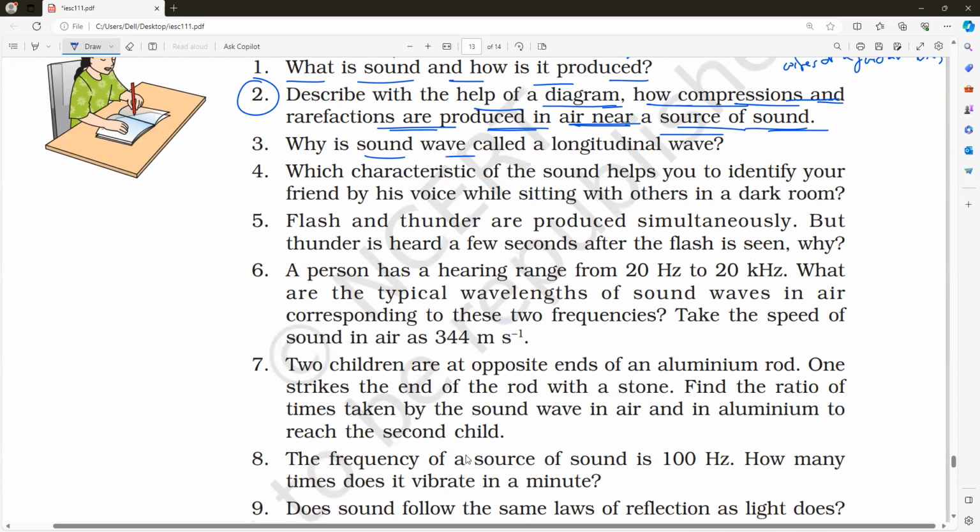Next, why are sound waves called longitudinal waves? What is the answer? Because they are produced by compressions followed by rarefactions. Am I right or wrong? That's why they are called longitudinal waves. So write it, everyone: when sound waves travel in a medium in the form of compressions and rarefactions, then the particles of the medium vibrate